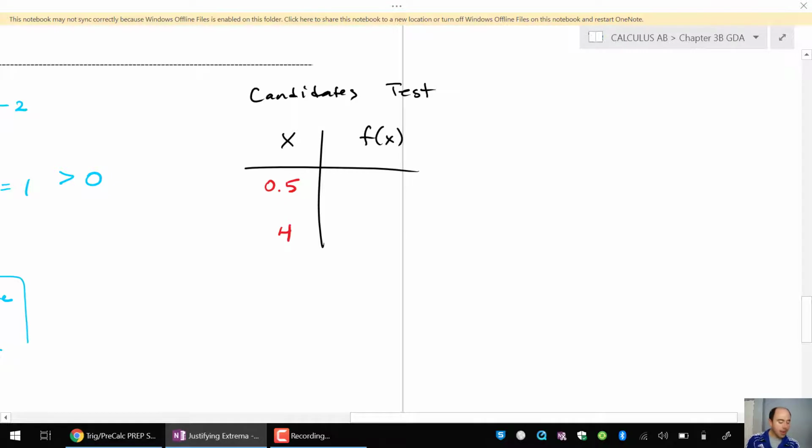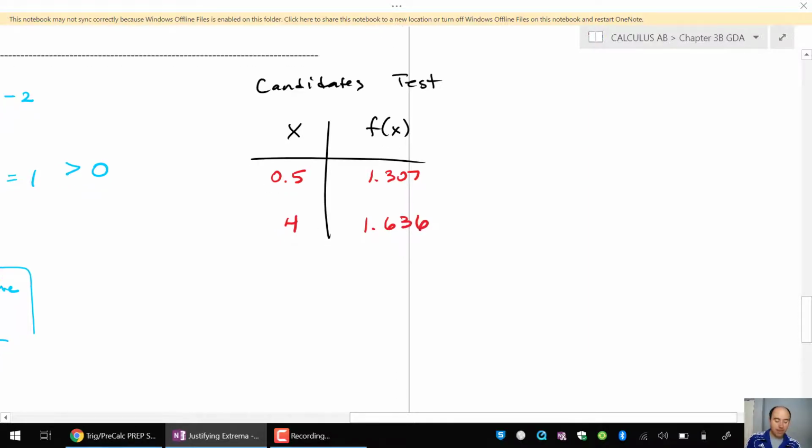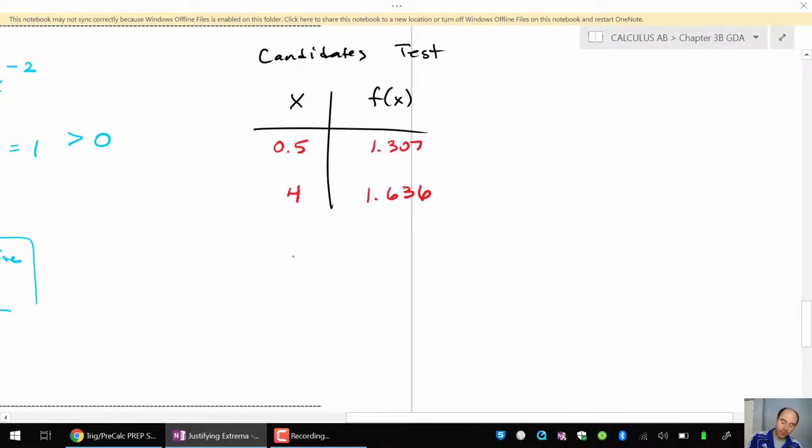I found this on my calculator to be 1.307 and 1.636. So I would say that x equals 4 is the absolute maximum of f having a value